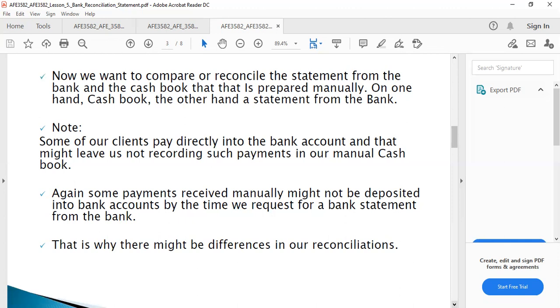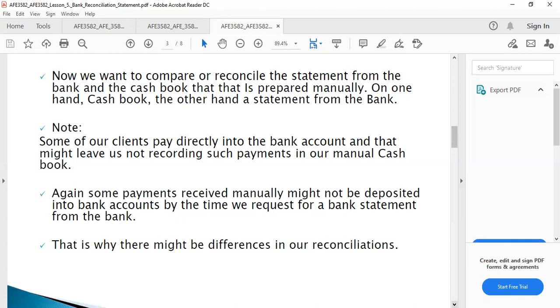But the bank will never call you saying, "Okay, Justin, the check that you deposited was dishonored." They won't tell you. They will just show it on the bank statement. Now, because you are not aware that the check was dishonored,